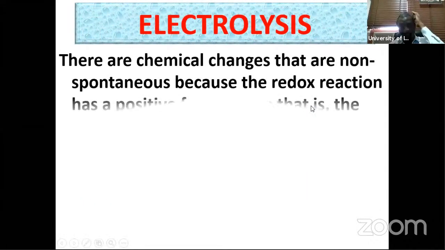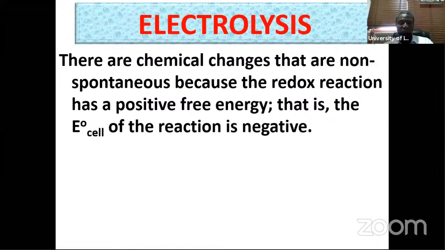Now we go to electrolysis. I won't waste so much time on this because I know you are very familiar with electrolysis. We said earlier that for electrochemical cells, your E0 cell must be positive and the reactions are spontaneous. But in the case of electrolysis, there are chemical changes that are not spontaneous because the redox reaction